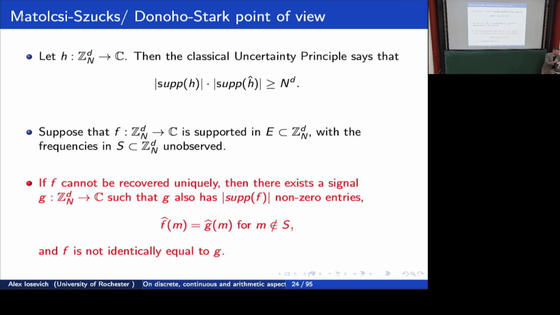This method works for any sort of signal, and it cannot be improved in the case where you are so unfortunate as to have a signal supported on, say, an indicator of a k-dimensional subspace, because the Fourier transform is essentially the indicator of the perpendicular plane, and the Fourier uncertainty principle is sharp. However, this situation very, very seldom arises, and this is where the restriction theorem is used to expose the fact that this situation almost never arises.